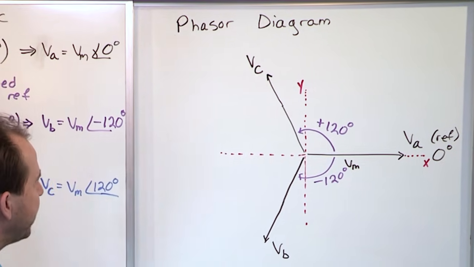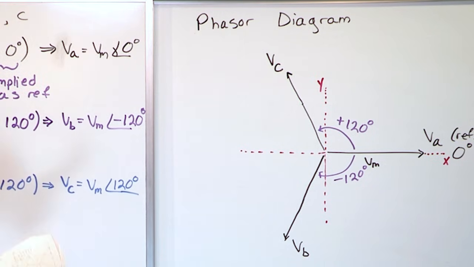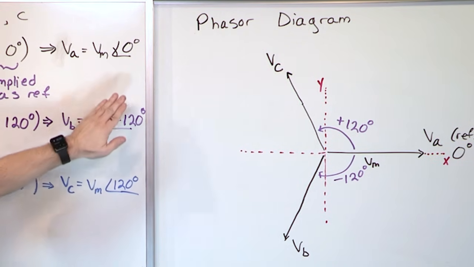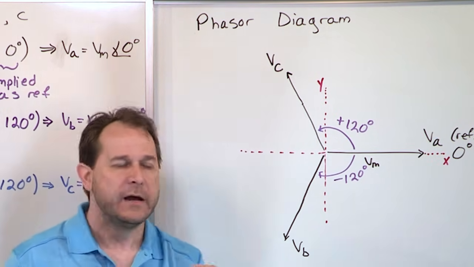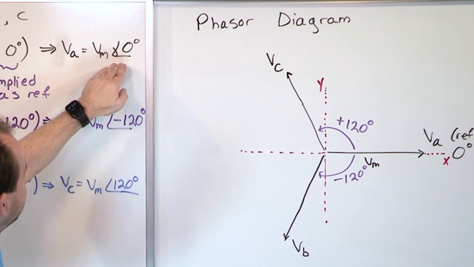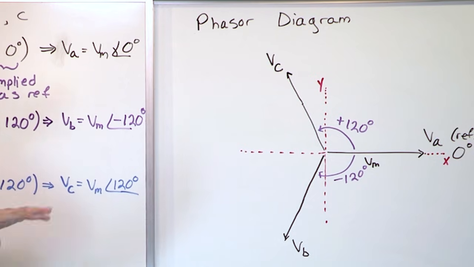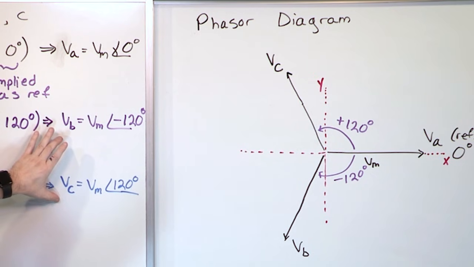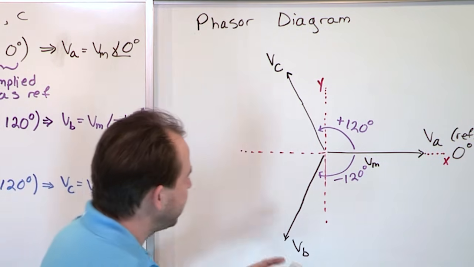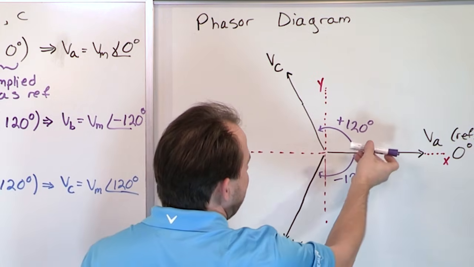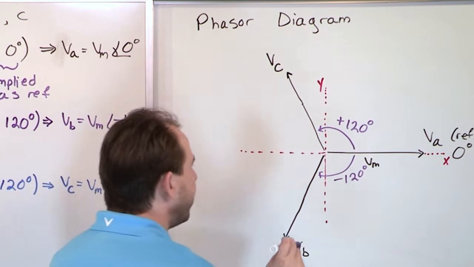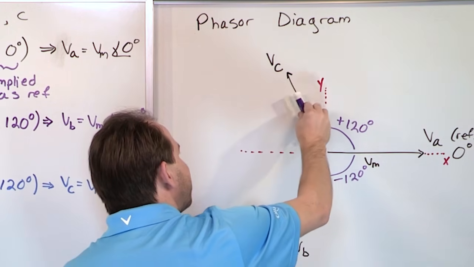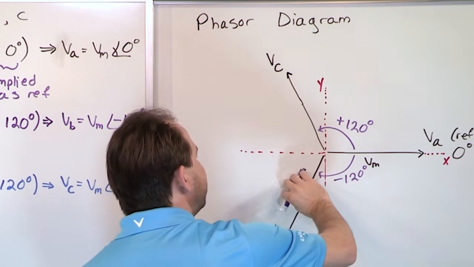Now I want you to look at this diagram, and it's actually really powerful because when I look at this over here, I see 0, negative 120, positive 120, and I can tell from the math that they're all separated. Well, let me put it another way. It's clear that B is separated from A by 120, and it's clear that C is separated from A by 120, but until you actually do math and subtraction, it's not totally clear how B and C are separated. But when you look at the diagram, you can very easily tell that A is separated from C by 120 degrees, A is separated from B by 120 degrees, but also, if you got a protractor from this one to this one, you can see graphically that this is also 120